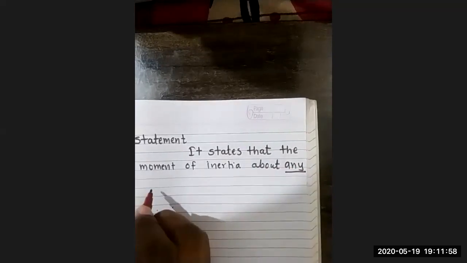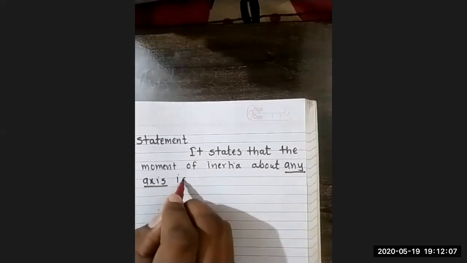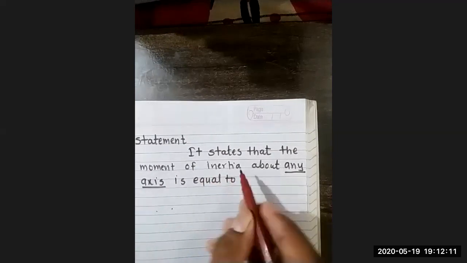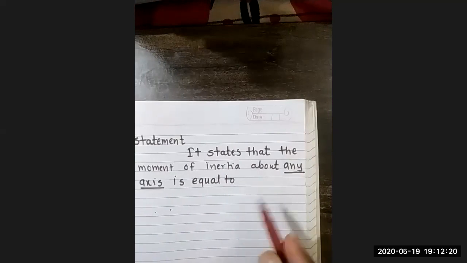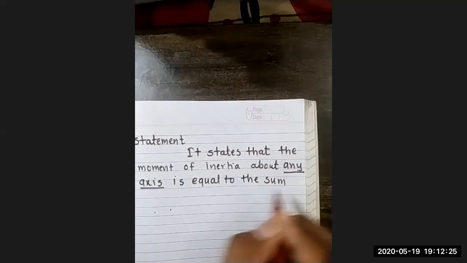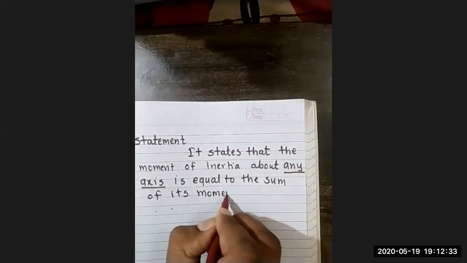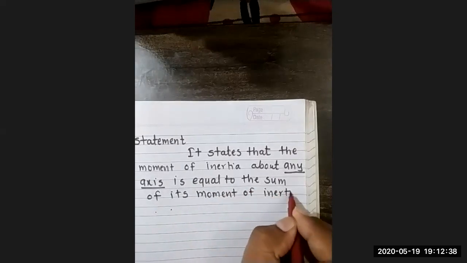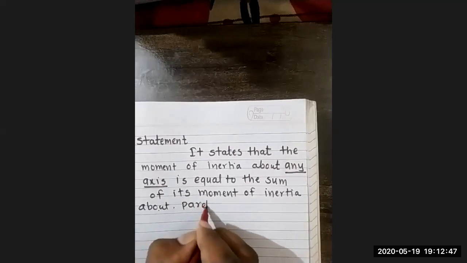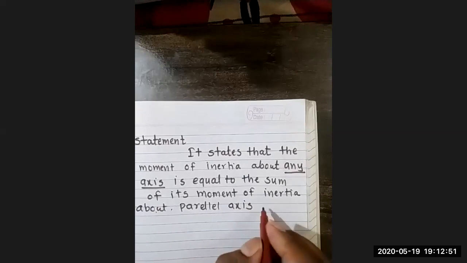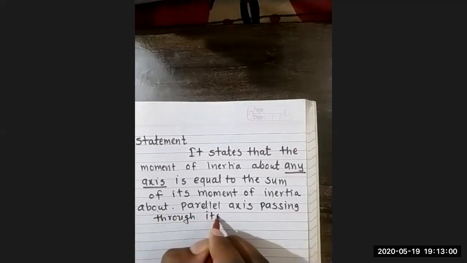The moment of inertia about any axis is equal to the sum of its moment of inertia about a parallel axis passing through its center of mass,